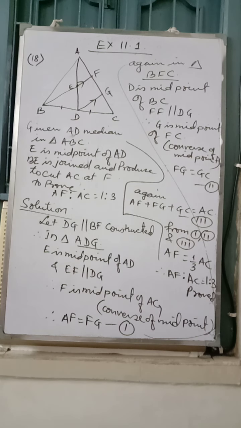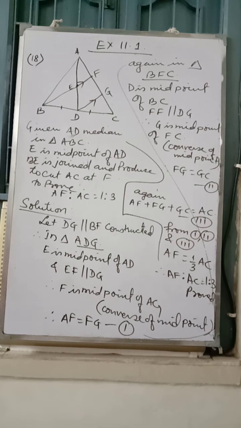Question number 19. The question is wrong. You can see they have used NQ and MP perpendicular. Again they are saying it is by intersecting AC at P and Q. So P and Q twice they have taken. So I don't think the question is correct. Question 19 you don't have to do. You write 18, then we'll discuss question 20.